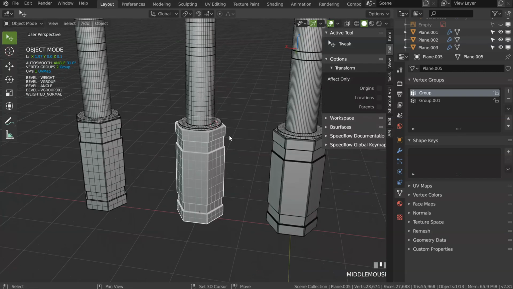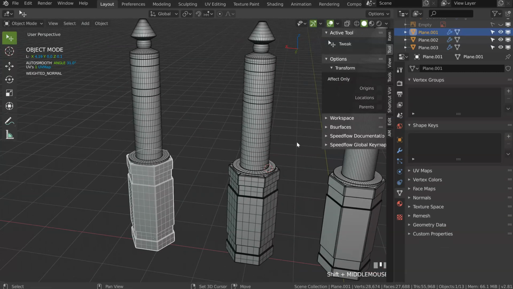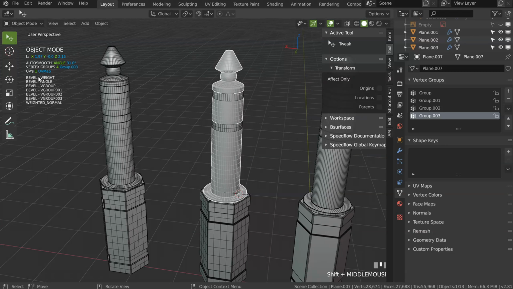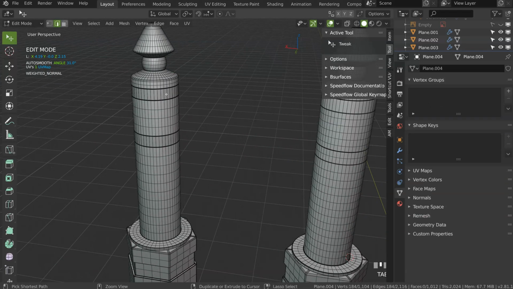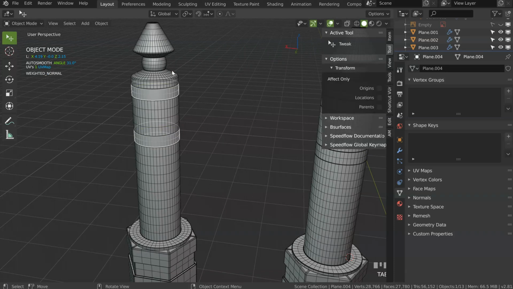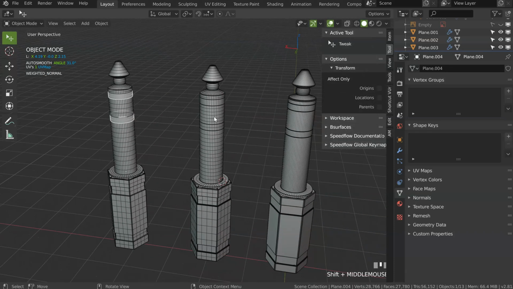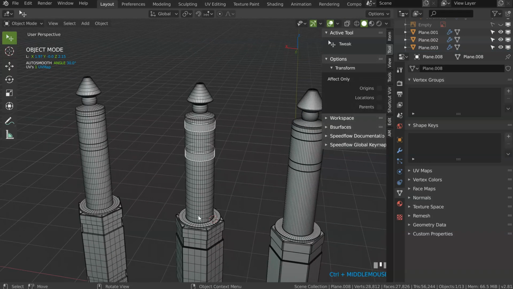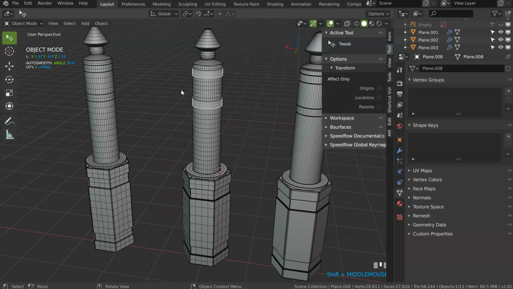So the fully destructive and semi-destructive, as you can see, the wire will be the same. The result will be the same, but you will have some bevels on this one, and you will not have bevel on this one. I forgot to add some loops here. Like that. The same here, you will also be able to unwrap both, and if you want, on this one after you can apply everything.